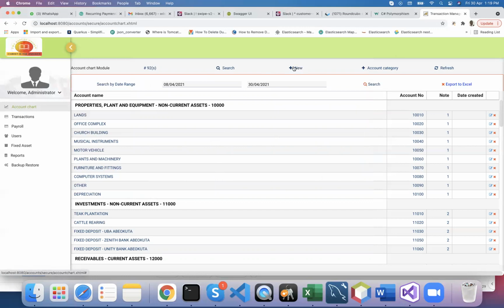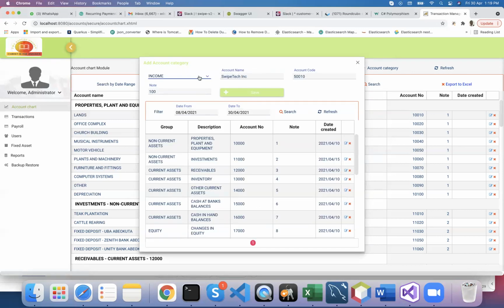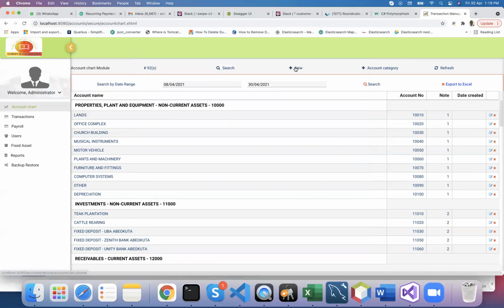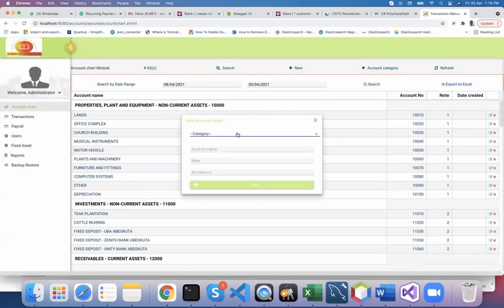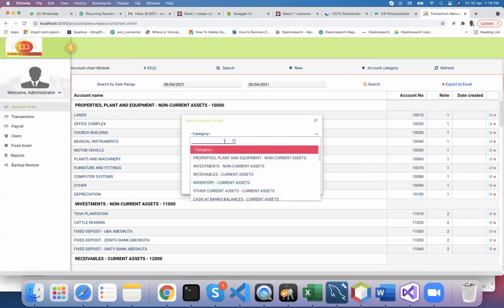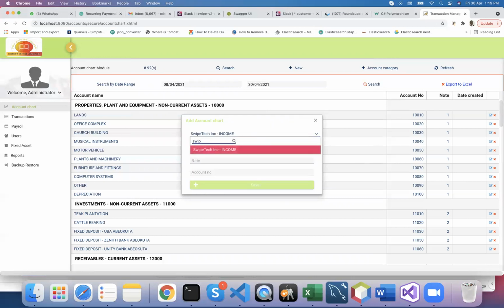You create an account here too. This is the parent account, and you can associate the parent account to either income or current asset. So under this parent account, you now begin to create sub accounts. Let's say I want to create a sub account under that Swipe Tech Limited. So it's showing me that it's under Inc. I can now say, okay, let me call it